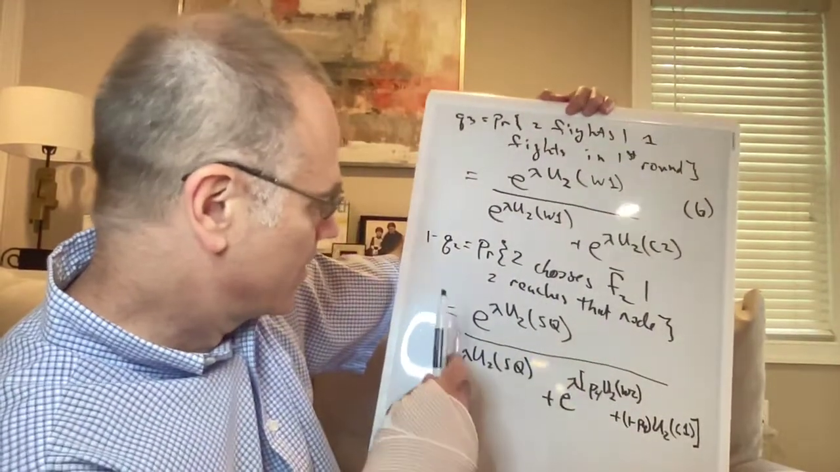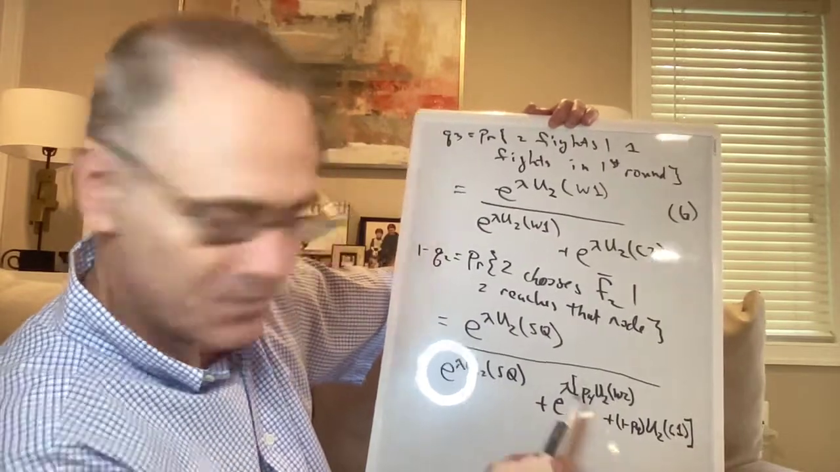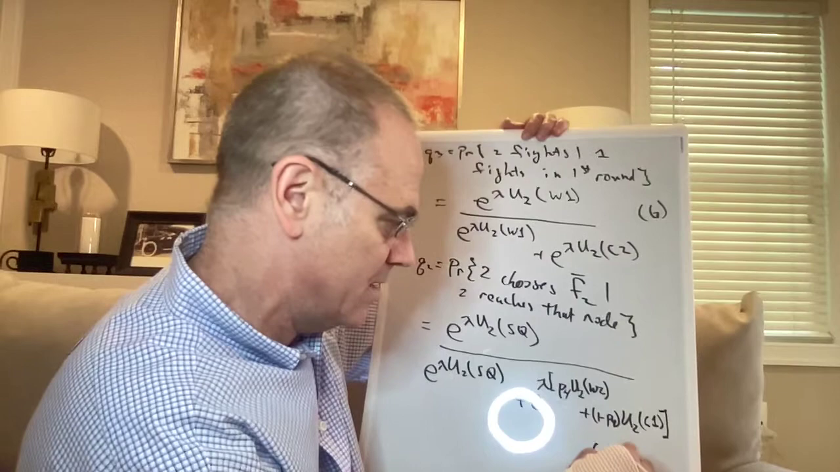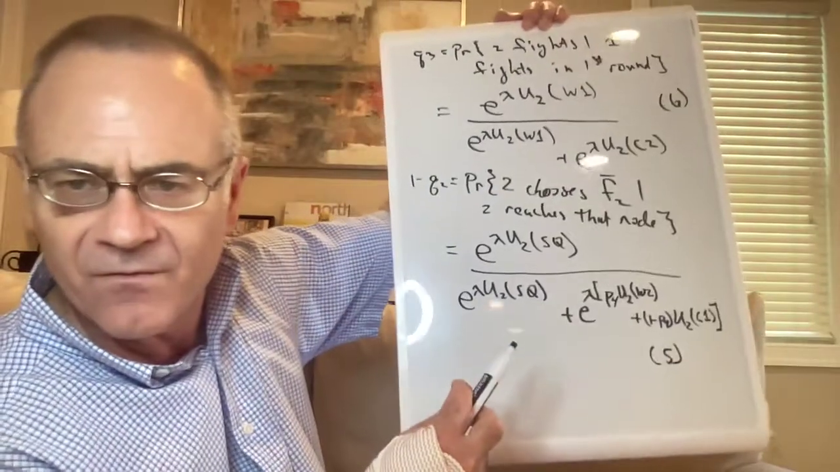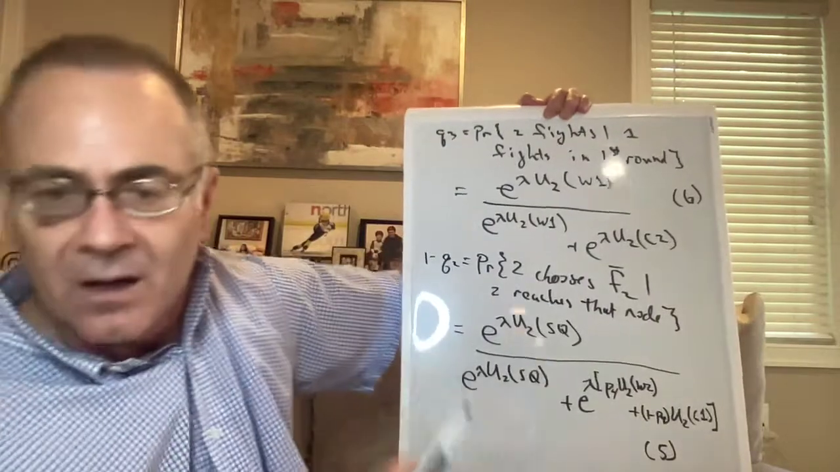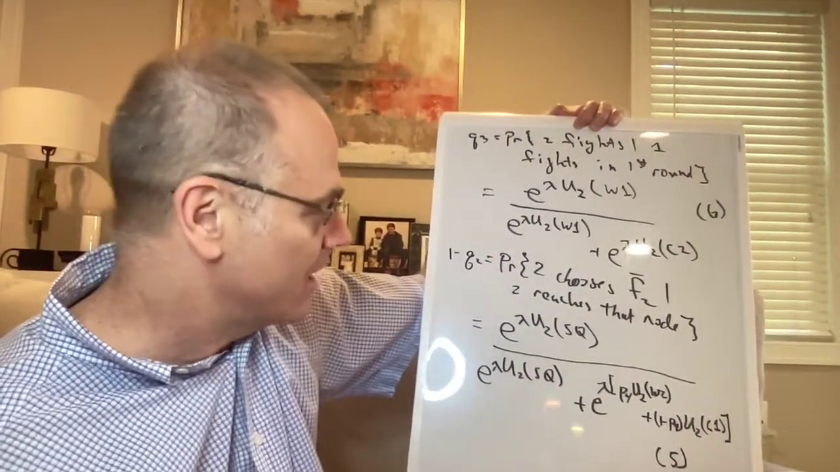So that's it. 1 minus Q2 equals this term. And this is equation 5. That's equation 6. Okay. So we're almost there. So now,